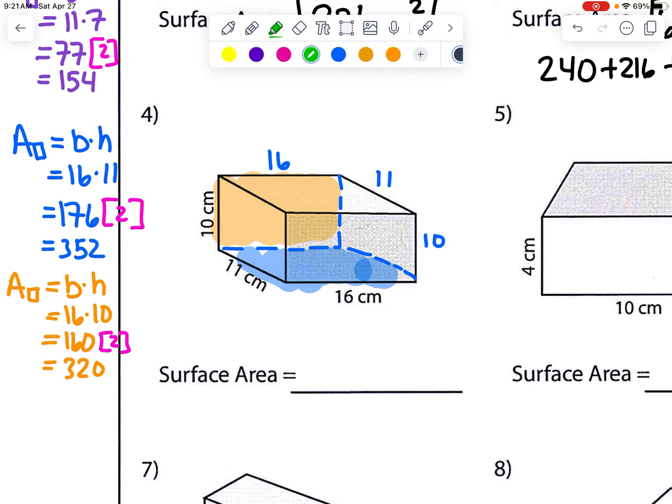Alrighty, let's do the right side over here. This right side would be 11 by 10, ladies and gentlemen. Again, because this is 11. All of those sides were 11. So we would have,